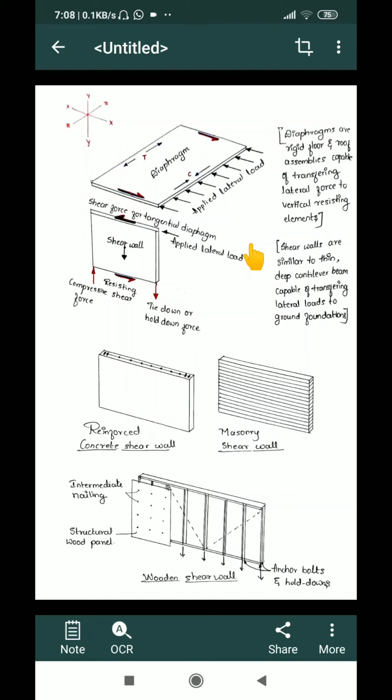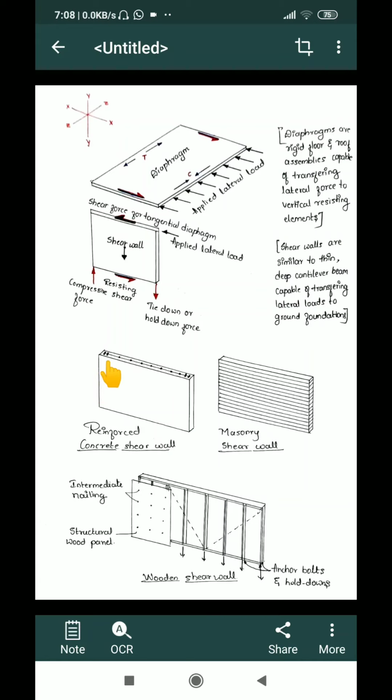If it is a structural reinforced concrete shear wall, there will be reinforcement along the plane of the shear wall, along the x direction as well as along the y direction. The reinforcement may be either in a single layer or in a double layer. Whereas at the end of the shear wall, there will be a bunch of reinforcement or a number of bars provided, so that the tying of the reinforcement is intact, as well as the joints of the shear walls